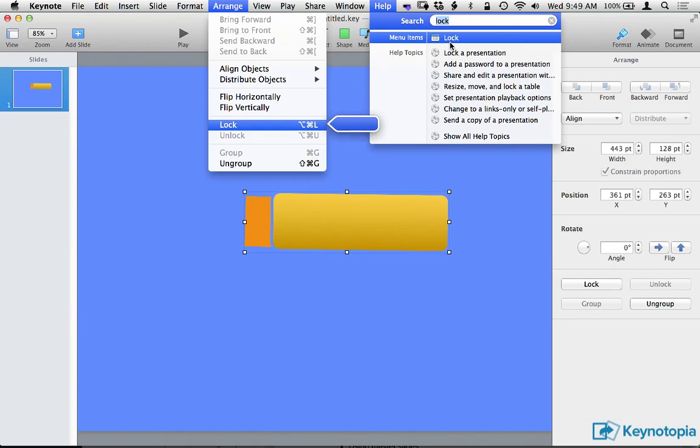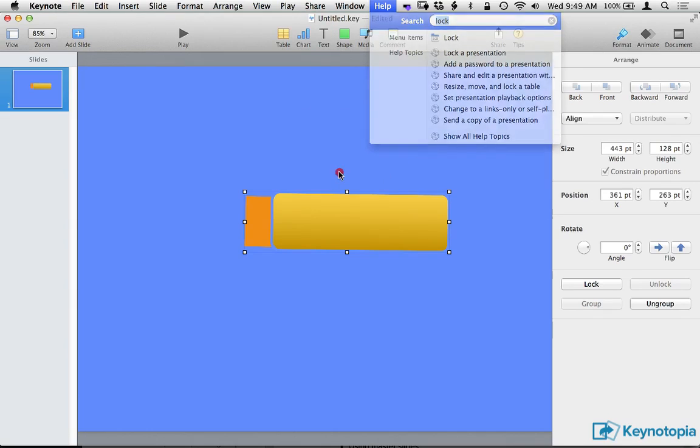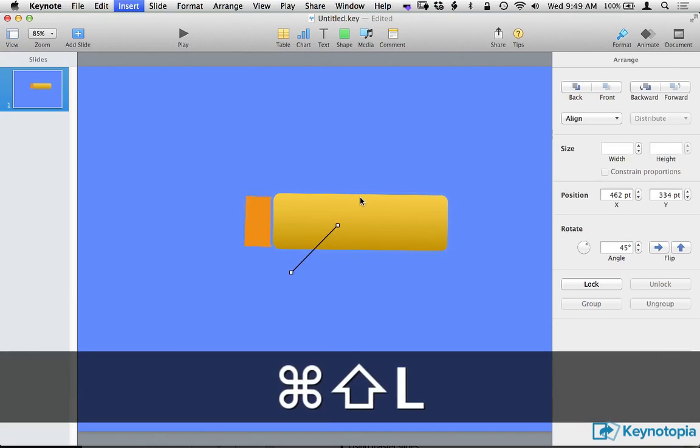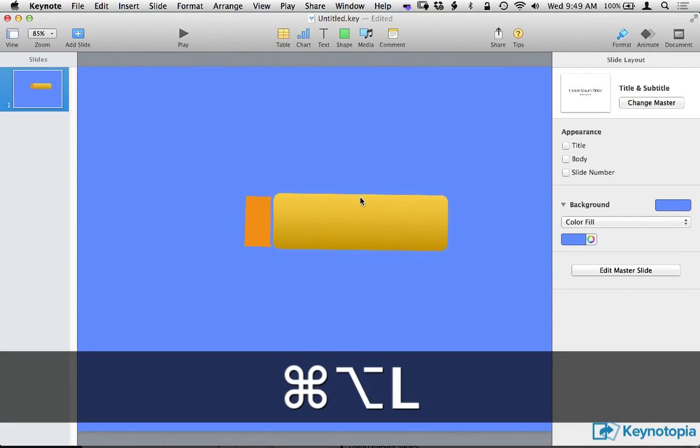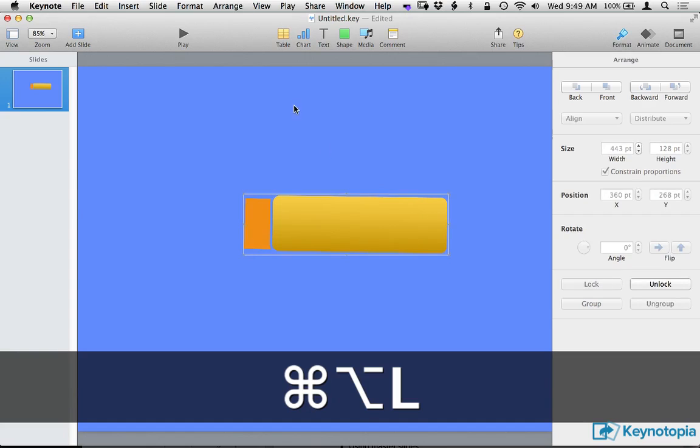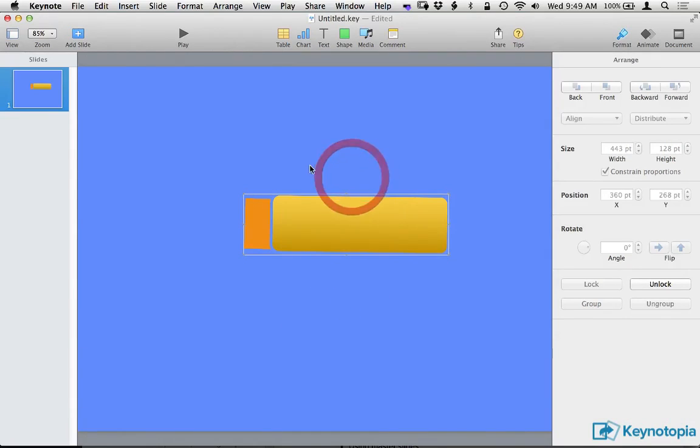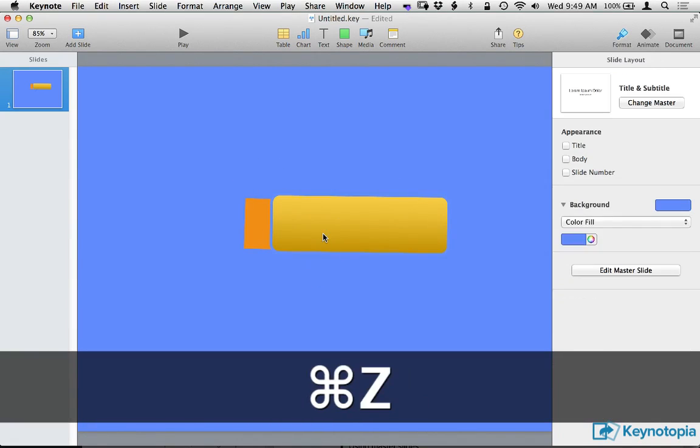I'll show you later in the course how to configure your own keyboard shortcuts to manipulate all the menu items that you use frequently. So when I lock a shape, Command Alt L, I no longer can select it and move it around. If I select it, I can no longer do anything on it. I can unlock it again